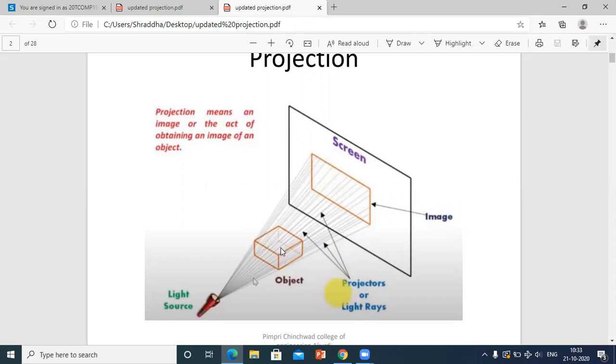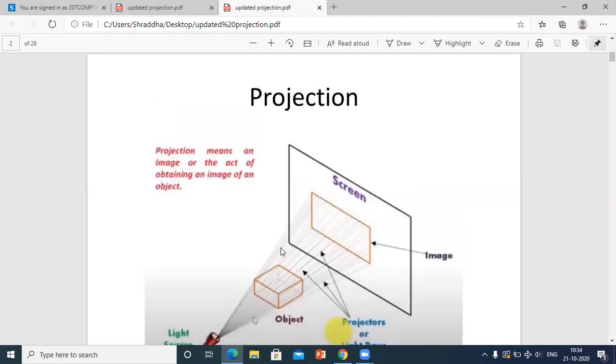What happens as soon as you enter the cinema hall? The room is dark, right? And there is a light protruding from a height that is passing from behind. So when these light rays are passing, they hit the projection screen, or we can say they hit the theater screen. So when the light hits that particular screen, the image, or the picture, is displayed on that given screen. This means the light is projecting in order to draw a particular diagram or image on a given surface. So this is the meaning of projection.